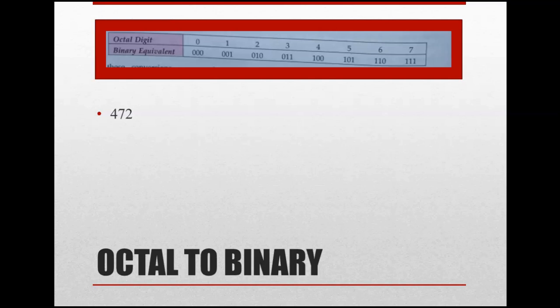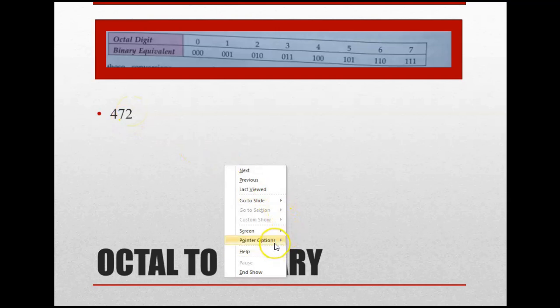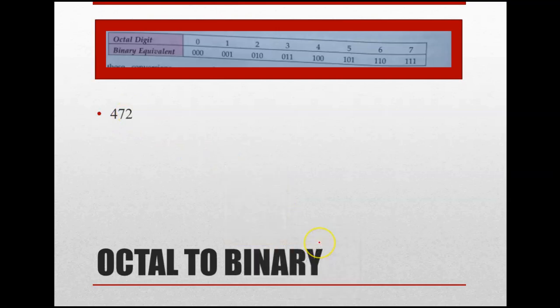So well, you are clear with this also, I hope. Then we can go for the other conversion, which is octal to binary conversion. Octal to binary conversion, right? So the octal number is given here. You have to convert it into binary. The quite simple method is to go with the table. And that table I have already explained to you in the starting itself.